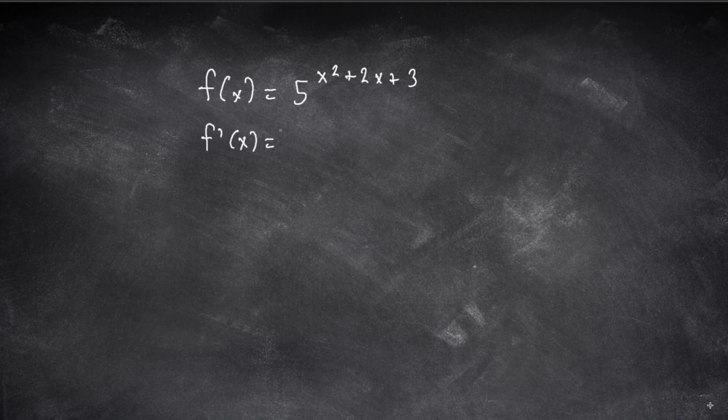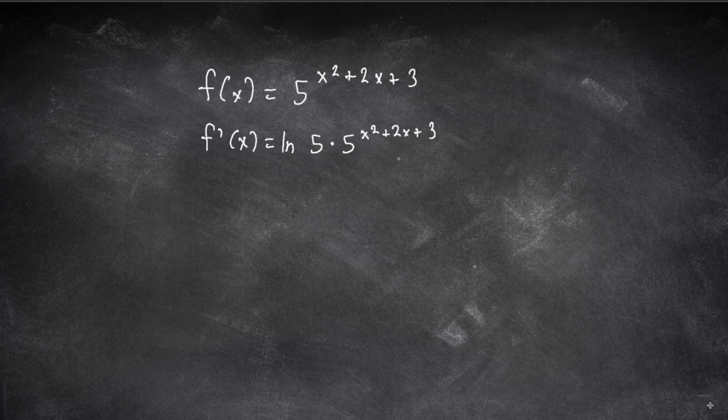So the derivative of this: we recognize that it has a number base and a variable exponent, so this is actually exponential. So what we have to do is take the natural log of our number, times our original function, so 5 to the power of x squared plus 2x plus 3. Now remember, this isn't just 5 to the power of x. This is 5 to the power of x squared plus 2x plus 3. So there's a function inside of our actual